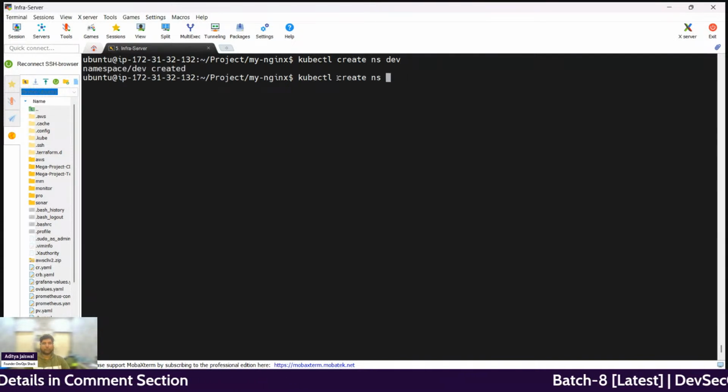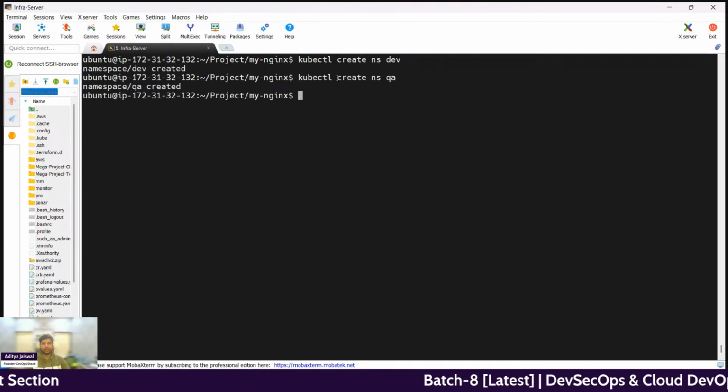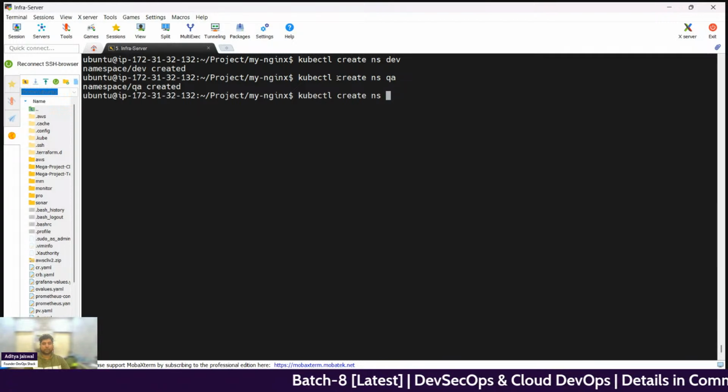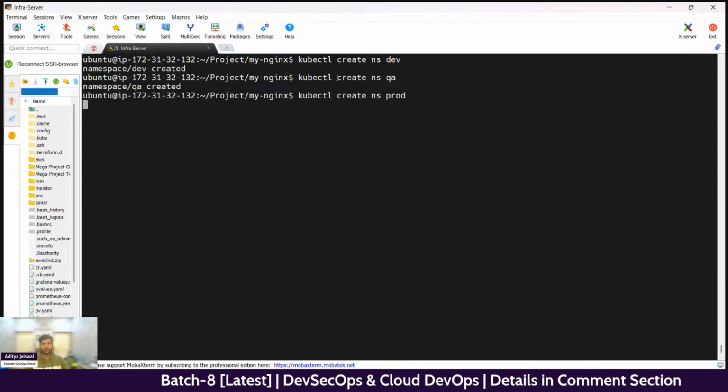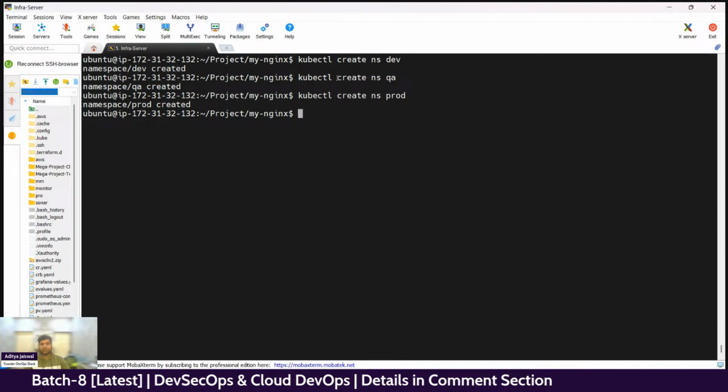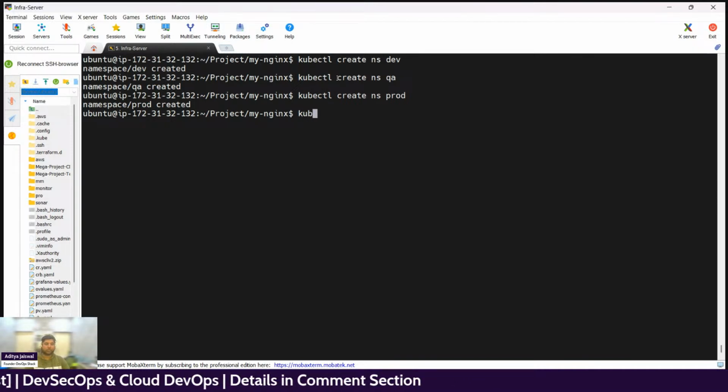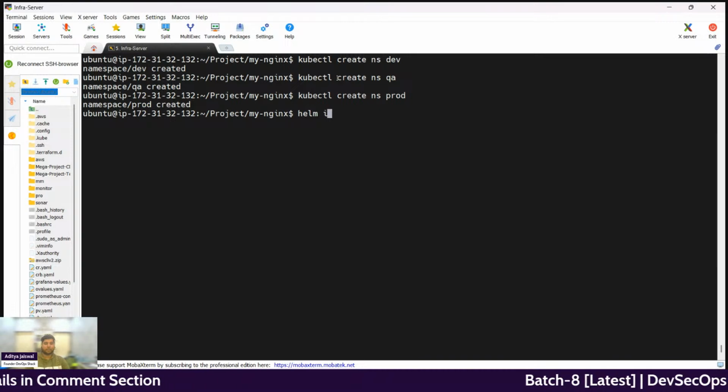Then I want to create for QA. Then I want to create for prod. 3 namespaces we have created. Now let us do the deployment. So I'm going to run the deployment using helm install